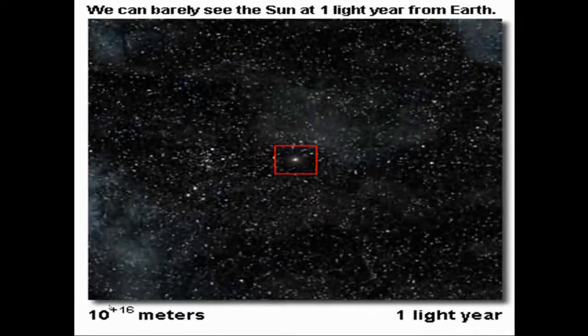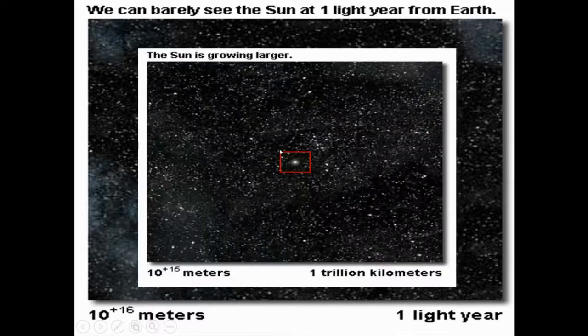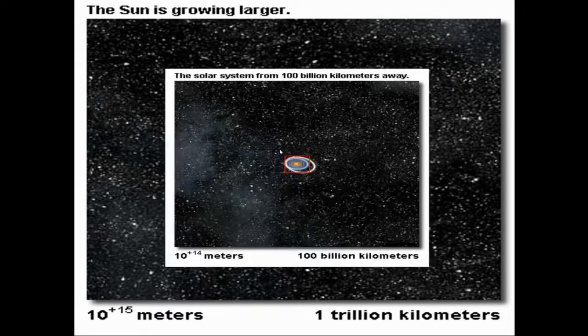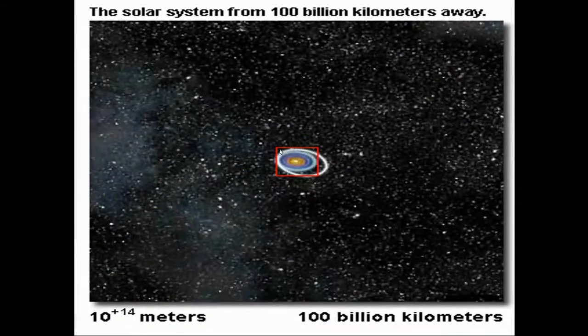Okay. Now you come to about 10 raised to the power 16, which is 1 light year, and you can barely see the sun glowing here. If you come to 10 to the 15, which is 1 trillion kilometers, you can see the sun. At 100 billion kilometers, which is 10 raised to the power 14 meters, you can see now